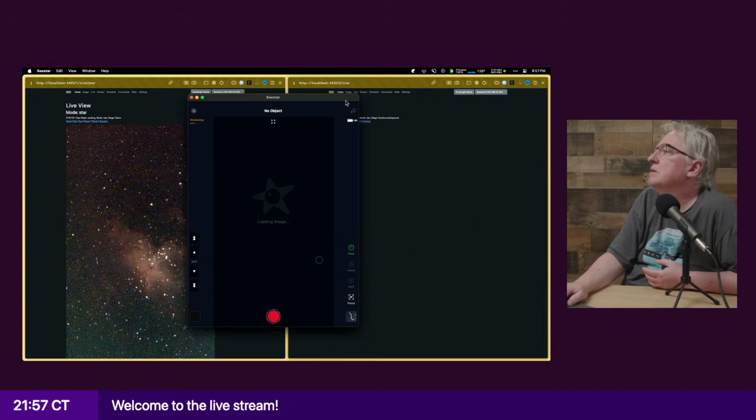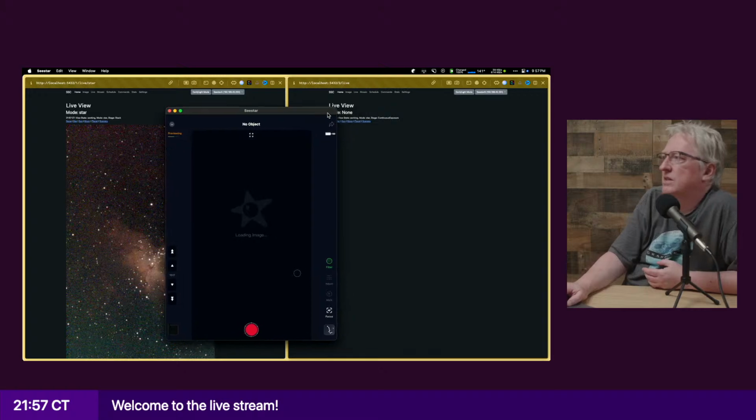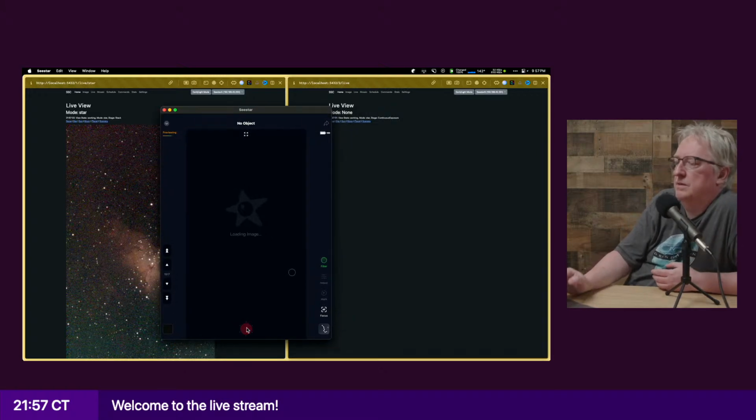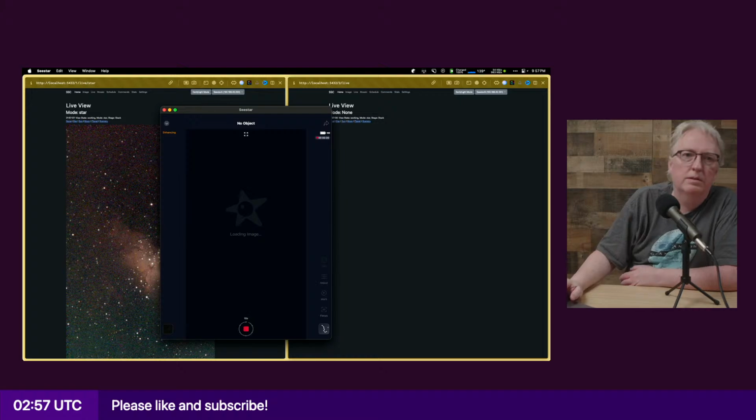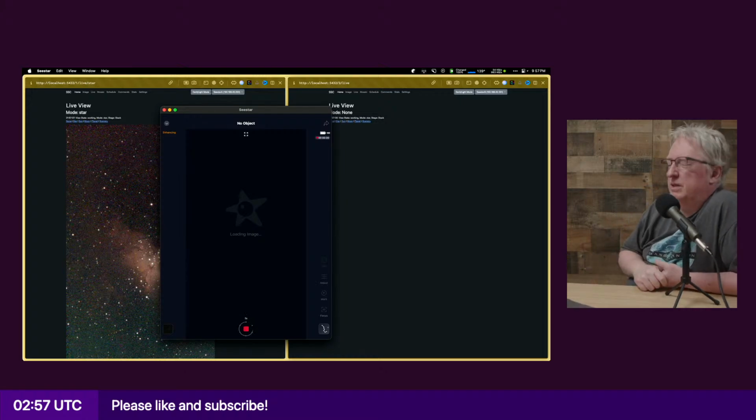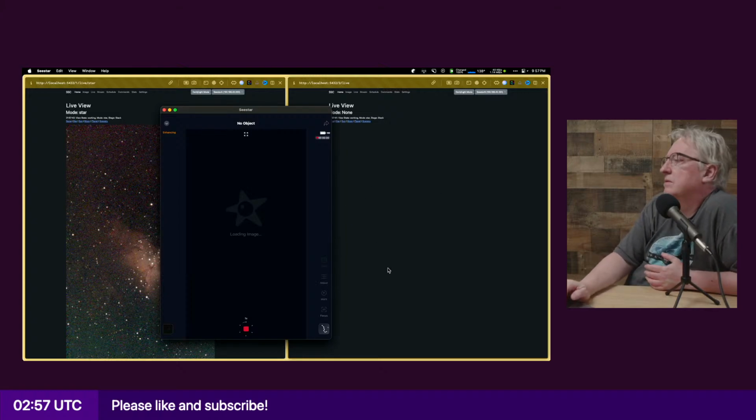I'll start recording. And once it has some data, I'll try reloading the live view or switch the Telescope B's live view over here in the web interface. But this is why it's going to be experimental until I get these rough edges worked out.